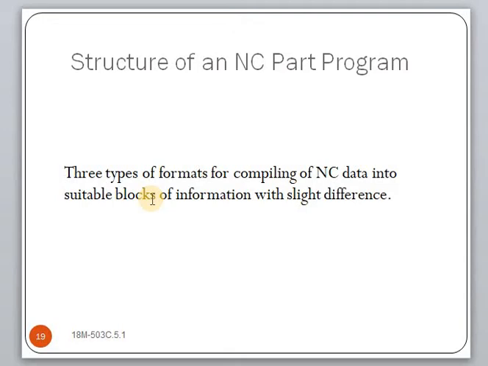Structure of NC program. An NC program is made up of a series of commands that are input into the MCU in a serial manner. The MCU interprets these commands and generates the necessary signals to each of the drive units of the machine to accomplish the required action. The NC program is required to have a particular structure that the controller can understand, and it must follow a specific syntax.